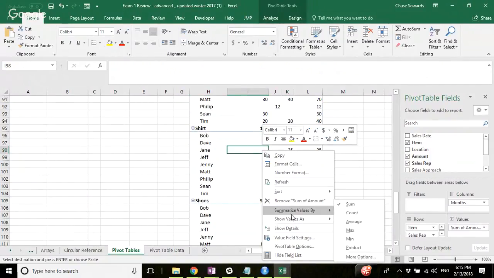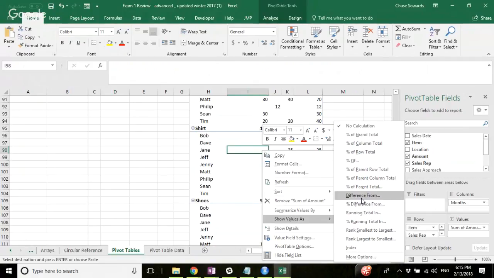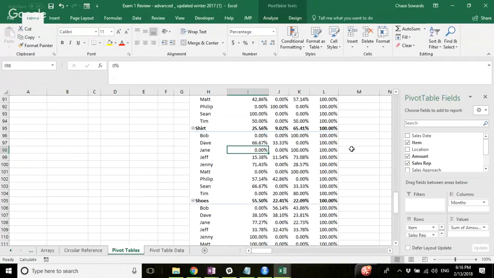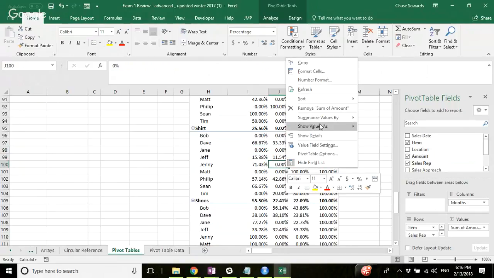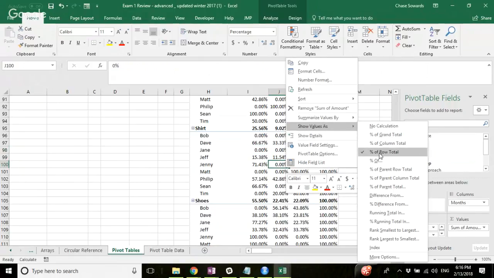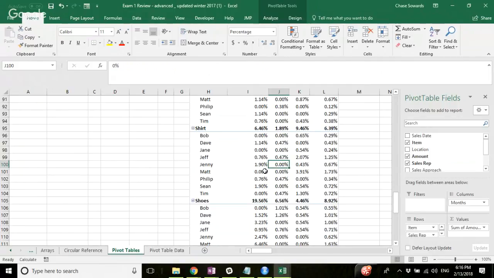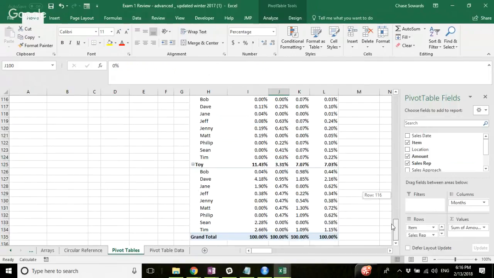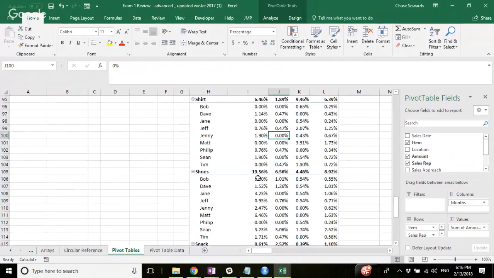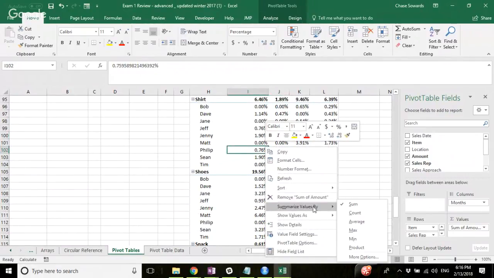So if I right click and go to show values as, you'll notice you'll have here percent of column total. There's also a percent of parent column total. And if you notice here, there's a row and then a parent. So what is the difference between those two? If I do the row, what that's doing is, let's do the column actually. Let's do the percent of column total. So you'll notice what it's doing is it's giving a percentage based off of this base right down here at the bottom. But if you want to do a parent total, what that's doing is, when I go to parent